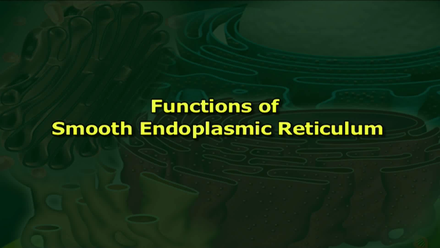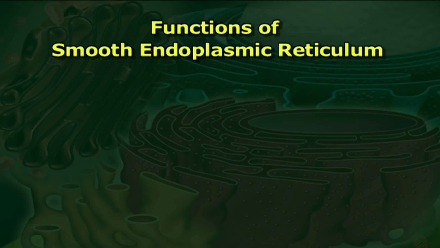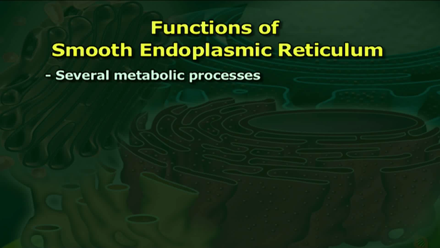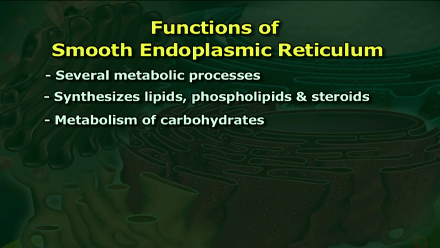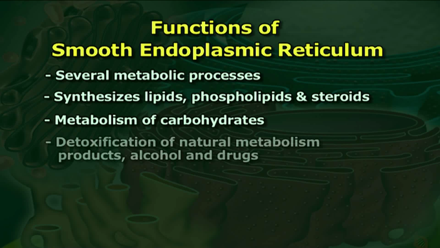Moving ahead, we discuss the second half of the topic, that is, functions of smooth endoplasmic reticulum. The smooth endoplasmic reticulum has functions in several metabolic processes. It synthesizes lipids, phospholipids and steroids. Cells which secrete these products, such as those in the testes, ovaries and sebaceous glands, have an abundance of smooth endoplasmic reticulum. It also carries out the metabolism of carbohydrates, detoxification of natural metabolism products and of alcohol and drugs,